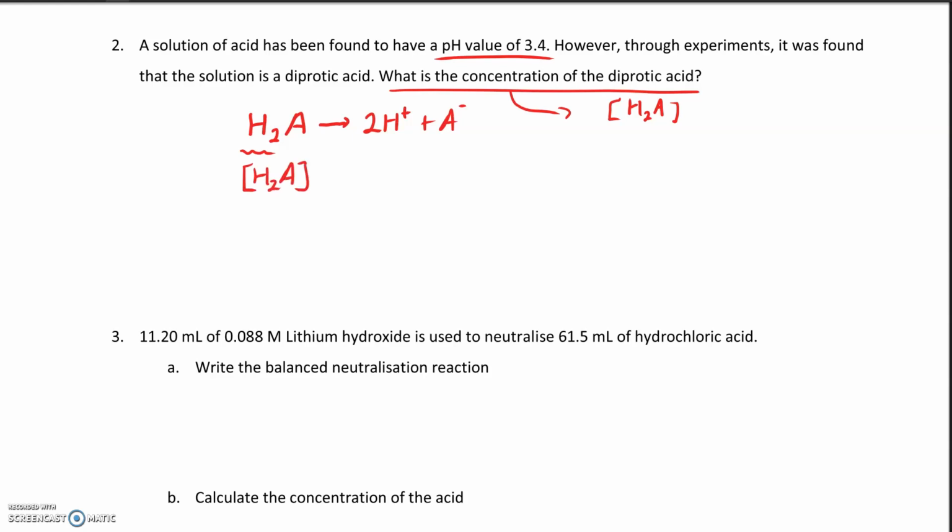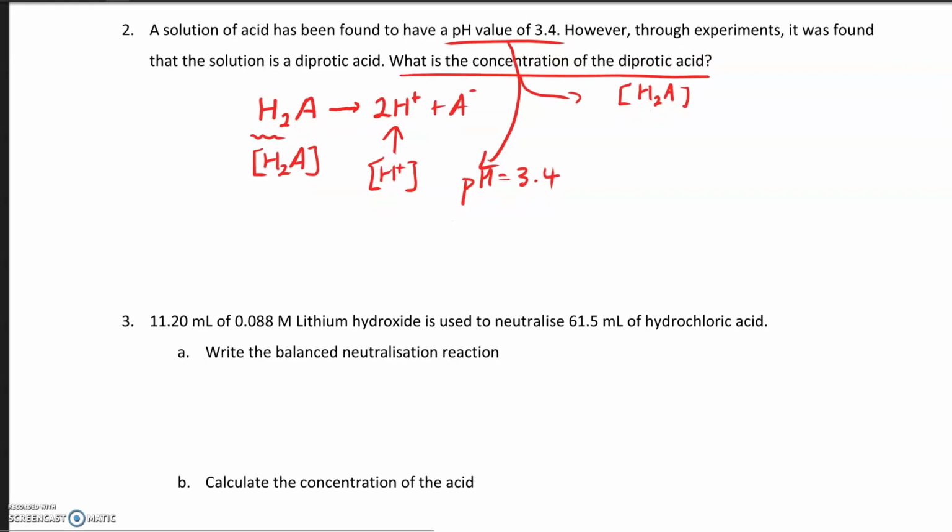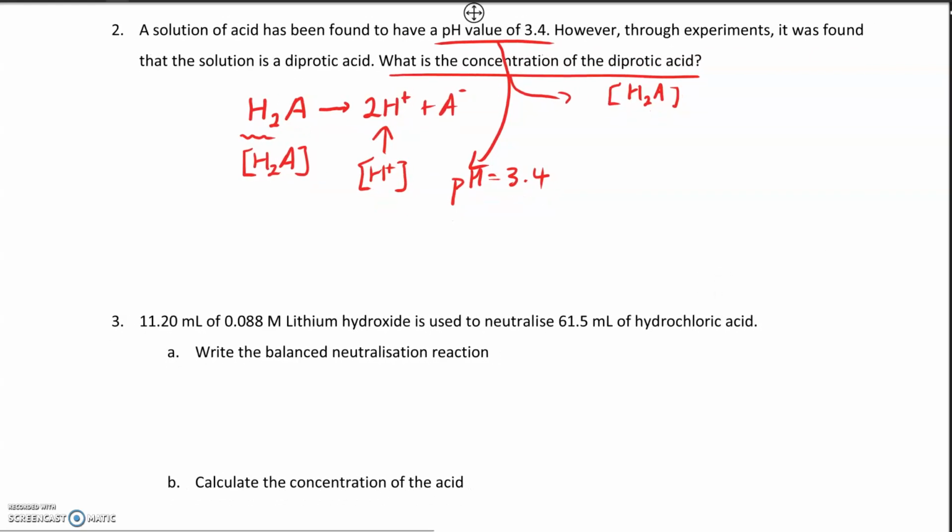Well, first of all, we need to know our concentration of our hydrogen ion first. Now, we have been given pH value. pH equals 3.4. Now, if you recall from our equations, our concentration can be found using pH because we can simply use the equation